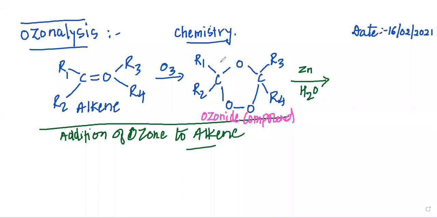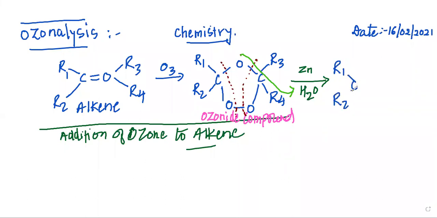Let us see what kind of cleavage takes place. So it undergoes cleavage in this form. This particular oxygen combines with water and gives us H2O2, and then finally we get this kind of compound, R1,